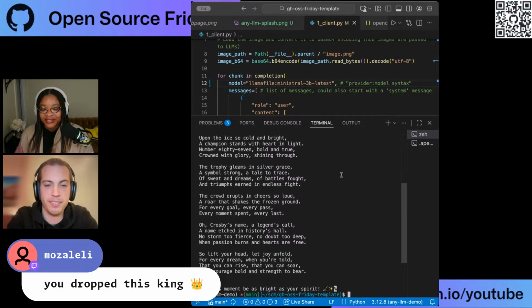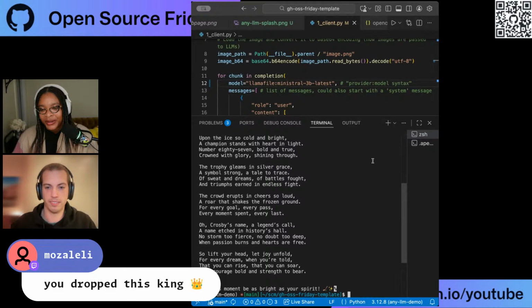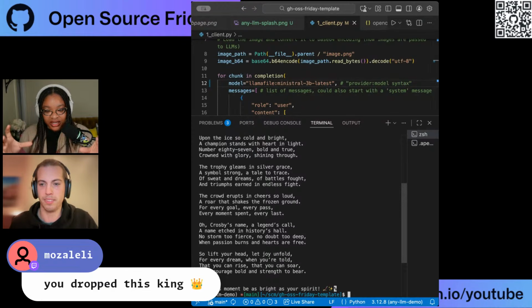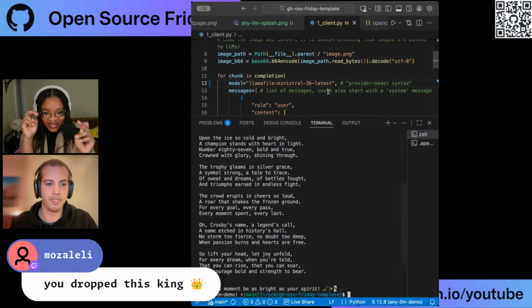That's really impressive. And it's just a few lines of code. The setup didn't even take that much to get this running. And I'm so impressed that this 3 billion parameter model is able to see so much within its relatively small context window.